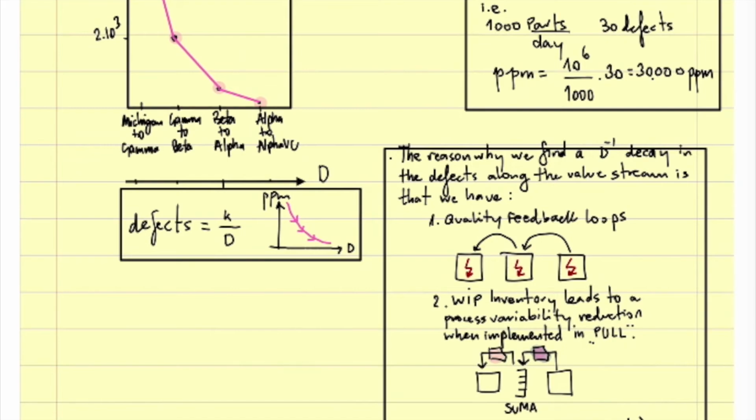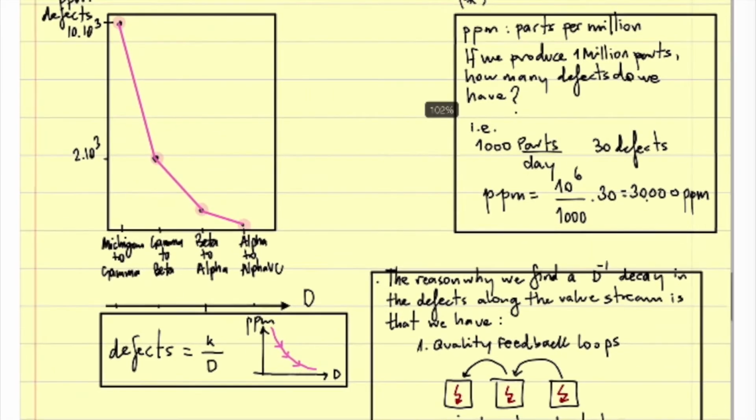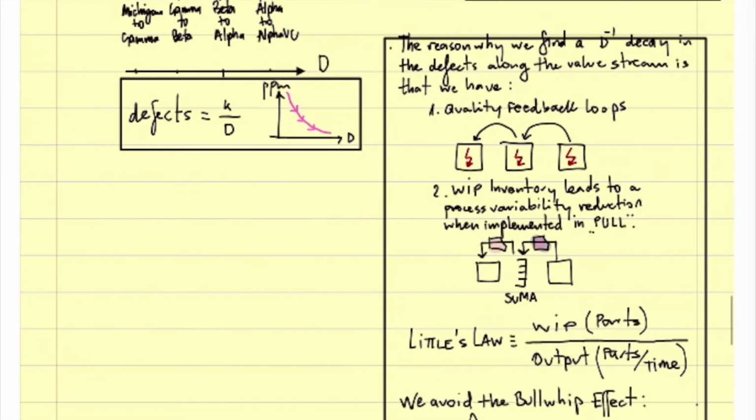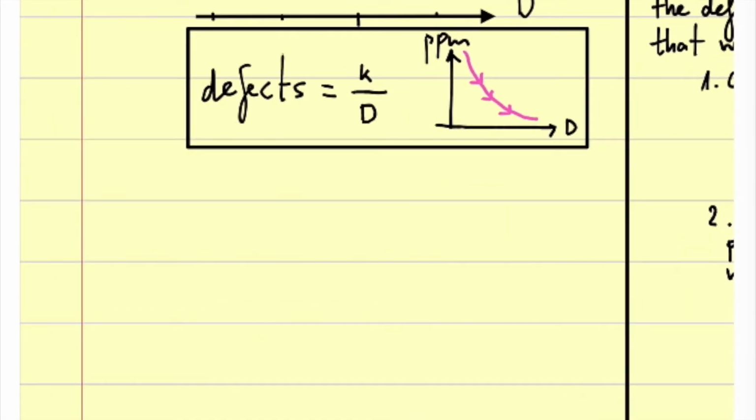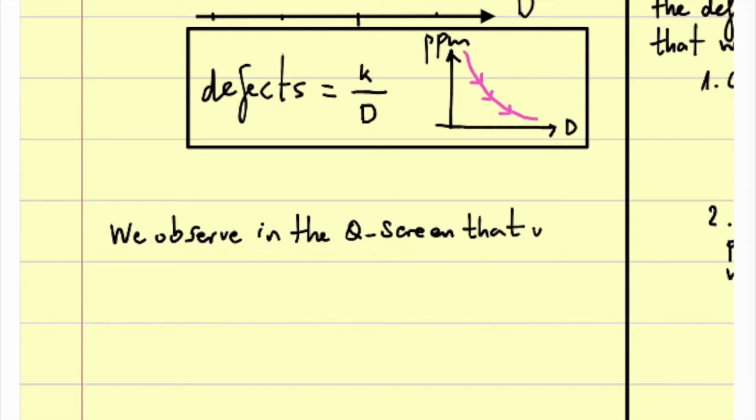Okay, why? Because the parts per million are increasing exponentially when we go back. So we observe in the quality screen that we have a bullwhip effect